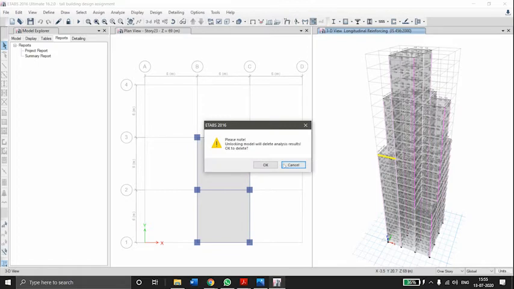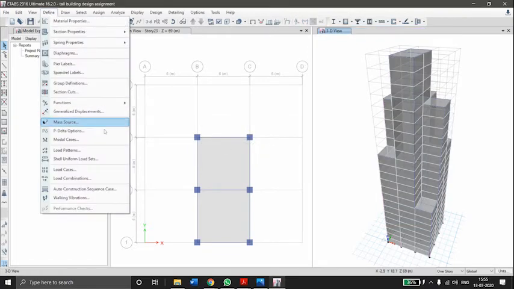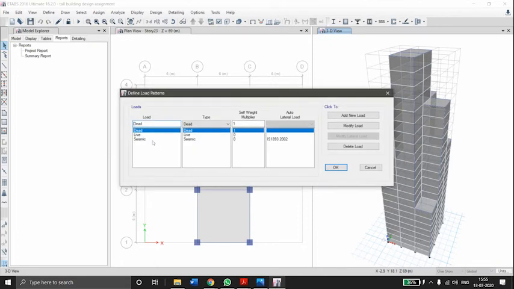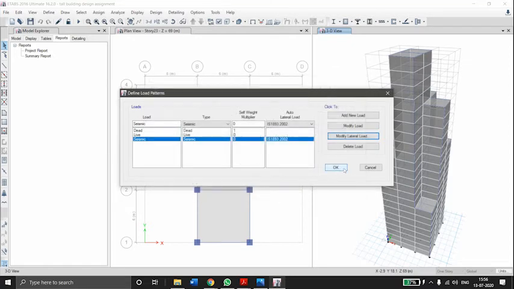So unlock the model, go to define, go to load patterns, go to seismic and select modify lateral load. Here we are going to perform in only x direction, as the data available for this time history analysis is only in one direction. So select the y direction, keep the other details the same, select OK, again click on OK,